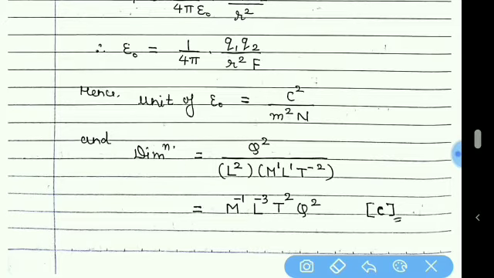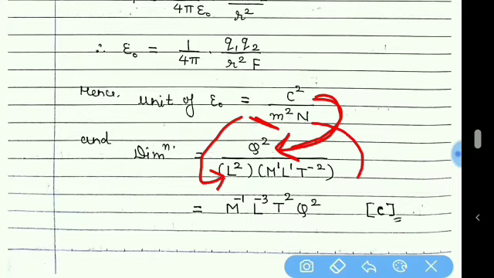Now here the dimension of this charge is taken as Q. See, in the earlier MCQ we have taken the dimension also as C only. The symbol was the same, but here the dimension for this charge is taken as Q. So Q square, meter, its dimension will be L because it is length, so L square, and once again Newton, its dimension is M1 L1 T raised to minus 2.